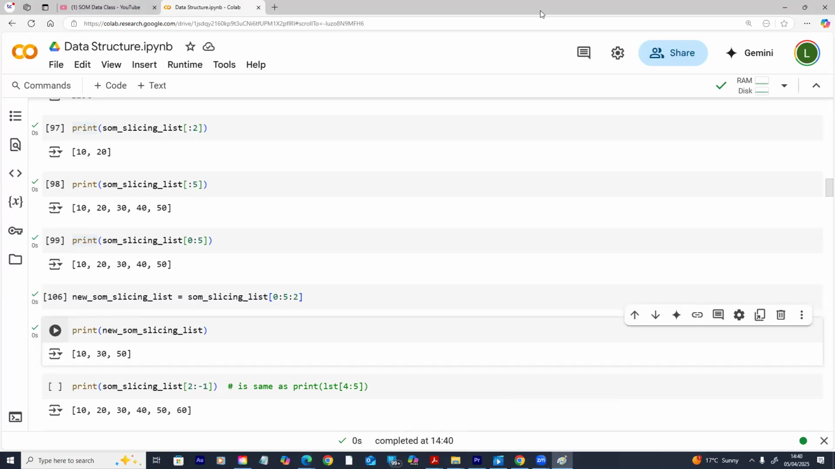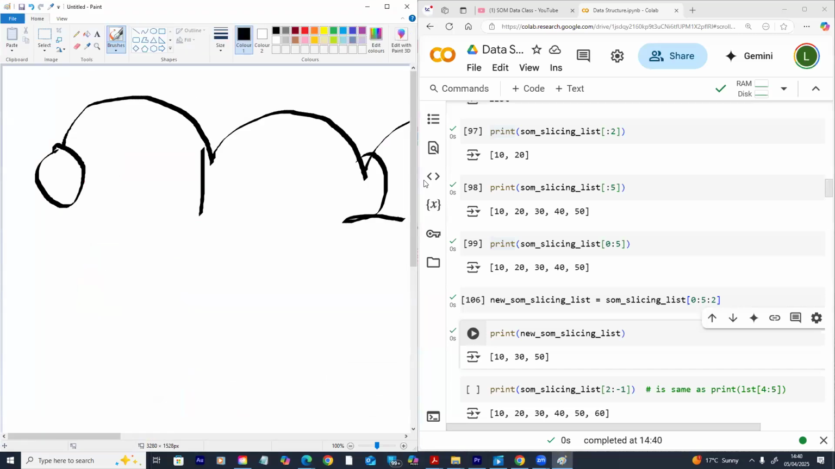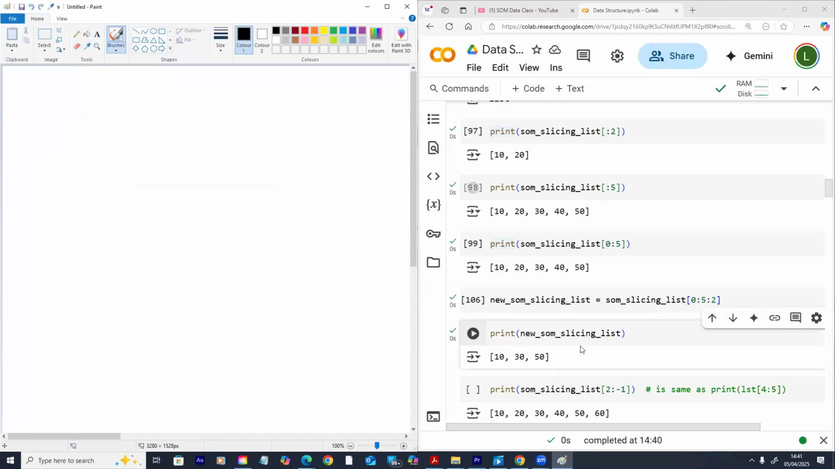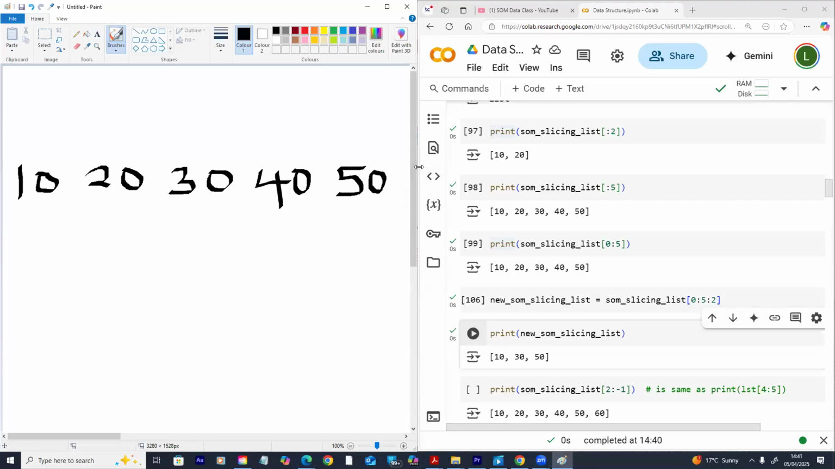One second. Okay. Let's do it this way. Let me clear this so that you understand clearly. Okay. Let me do another one. Okay. Let's say in this case we have 10, right? We have 10, 20, we have 30, we have 40, and we have 50. So if you look at this critically, you will notice that